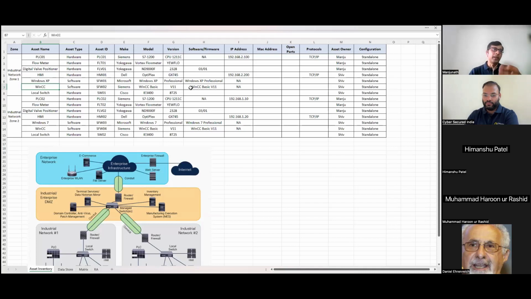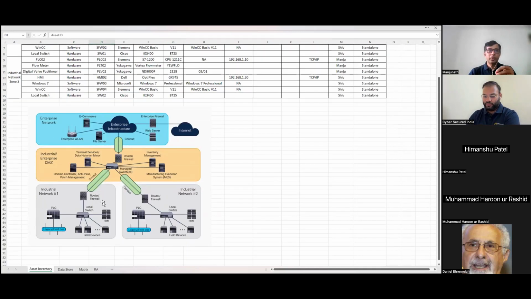when the automated tools are not collecting the data quickly. So these are the asset name, asset type, asset ID. These are the columns which you can keep for the asset inventory. Even during your internal risk assessment, if you are from an OEM, you can still keep it, right? Because you have to take asset by asset, and then you can also use the communication between your PLC and HMI via local switch. There could be a possibility that